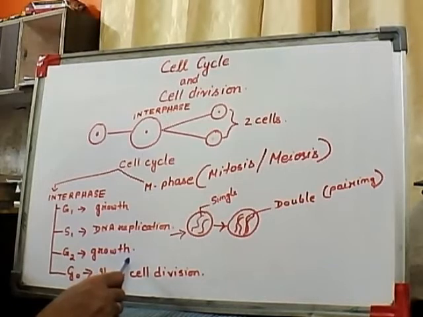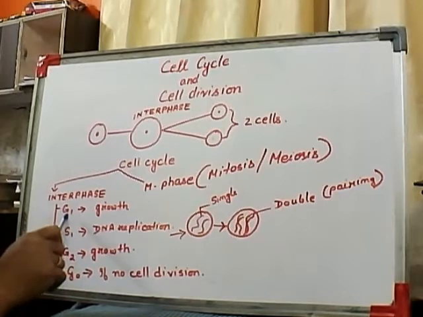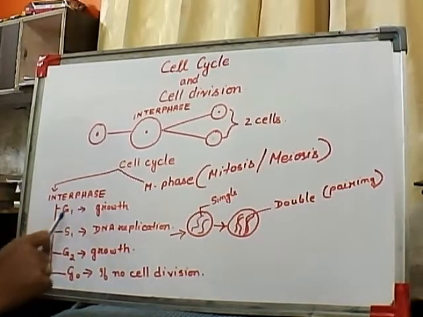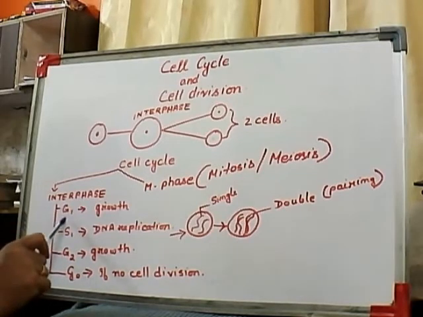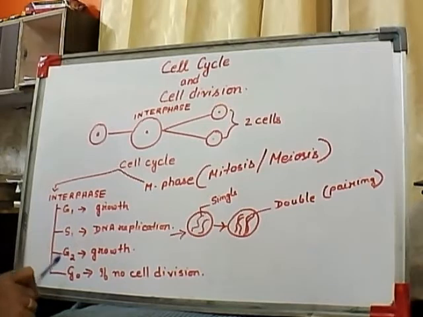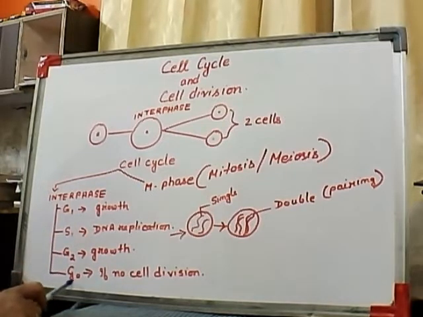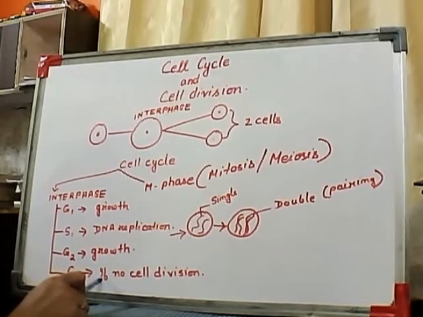So they prepare themselves to undergo cell division. That means, usually in interphase, a particular cell has three phases, that is G1, S and G2 phase. But here I have written another one, that is the G0 phase, and here I have simply written: if no